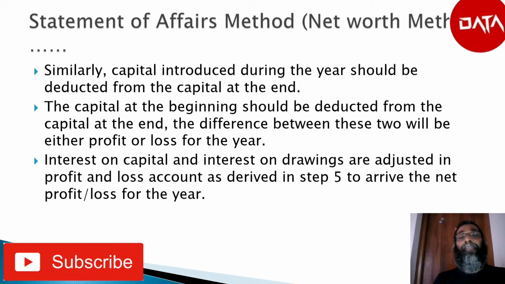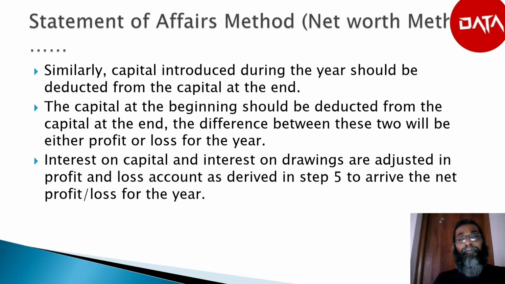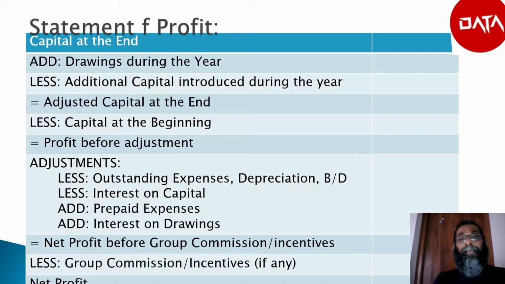From this value, if we could make the adjustments, meaning the adjustment for interest on capital, the adjustment for drawings, the adjustments for all outstanding items, that is expenses, advance payment, prepaid expenses, all the items including depreciation, bad debt, etc., we will get the exact profit for that particular year. Let me summarize the steps of computation of profit under this method in a table form.